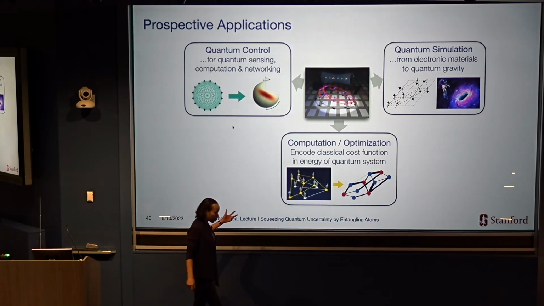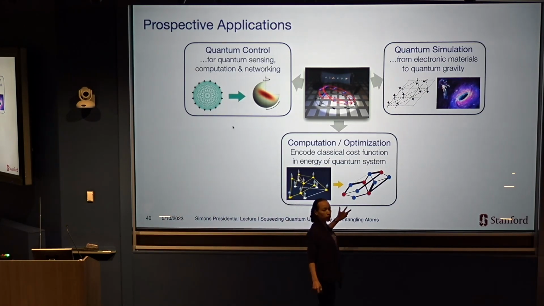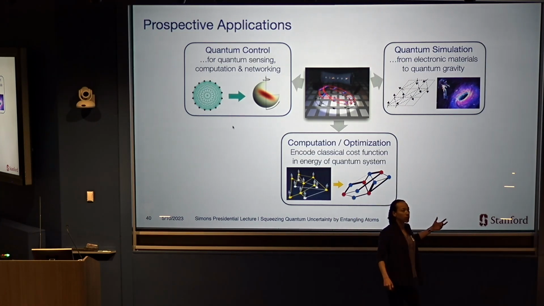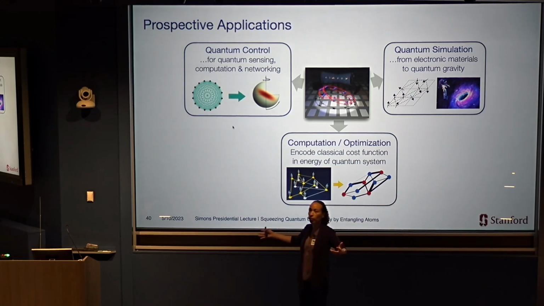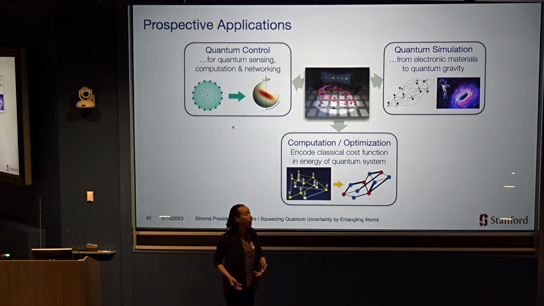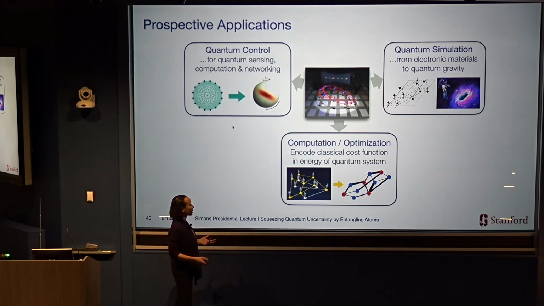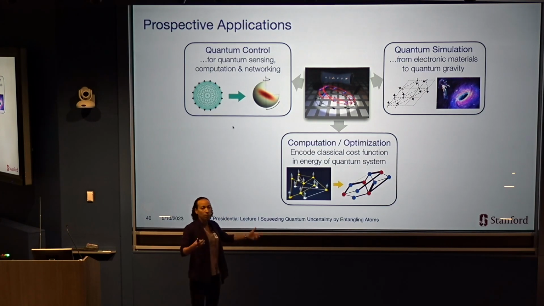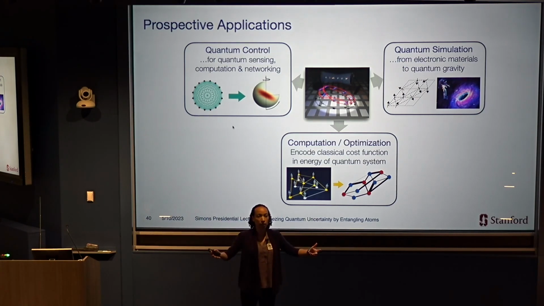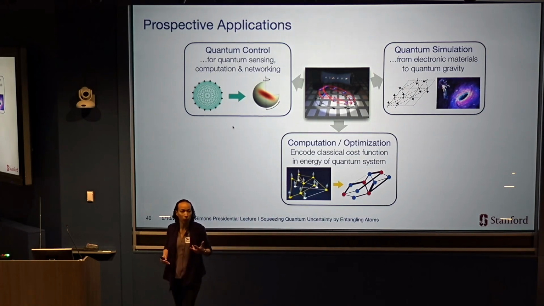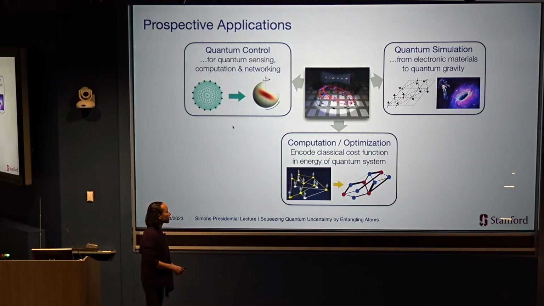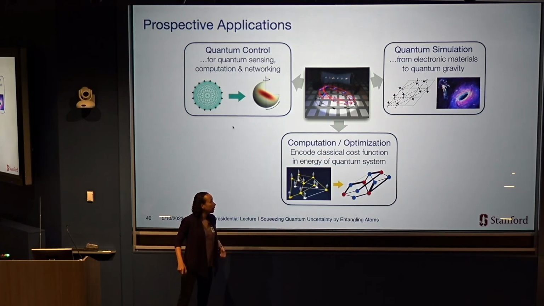Another direction is that there's a range of computational problems that can be mapped to the problem of minimizing the energy of a set of interacting spins. So a number of real-world optimization problems you can map to this energy minimization in a system of interacting spins. And if you can actually build that specified graph of interactions, you can ask the question, can the quantum dynamics help me to solve that optimization problem? That's an open question, to what extent quantum mechanics can help with this class of problems. But we'd love to be able to explore that.